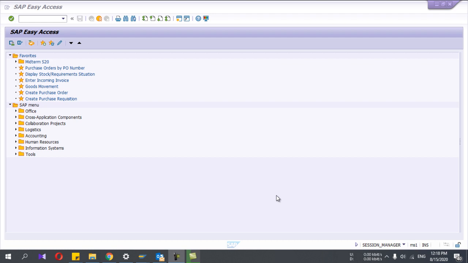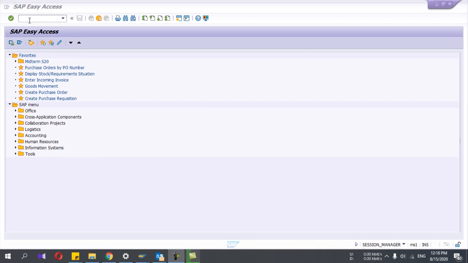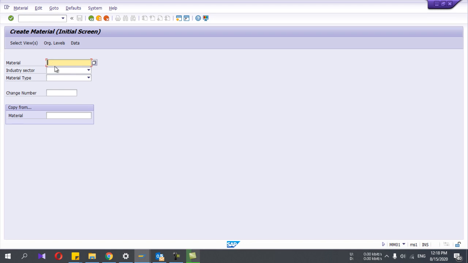Hope you are doing well. Today I'm going to show you how to create a material master which is relevant to the sales and distribution module. That means a material which you can sell. To create a material, you have to go to the MM01 transaction and select the industry type